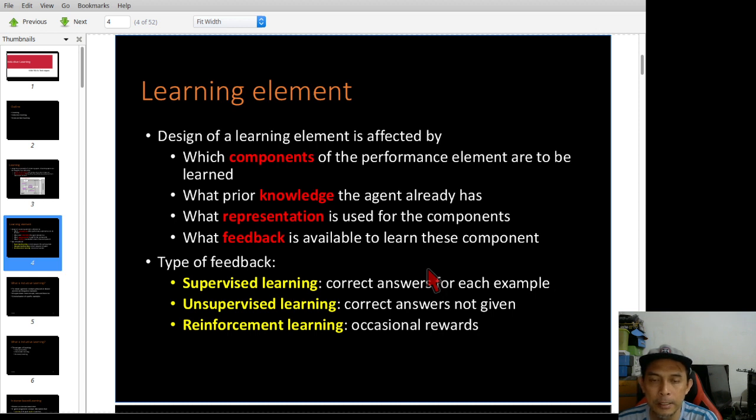So there are three main types of feedback: supervised, unsupervised, and reinforcement learning. For example, SVM is one example of supervised learning because the training data comes with the correct answer. Support vector machine, that we have covered in the last lecture.